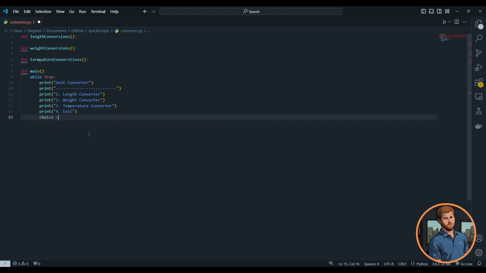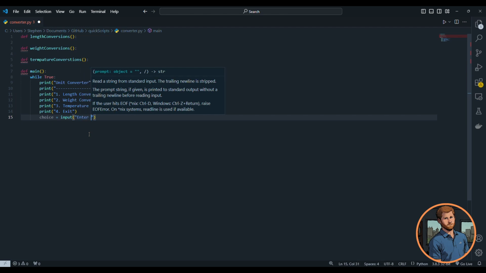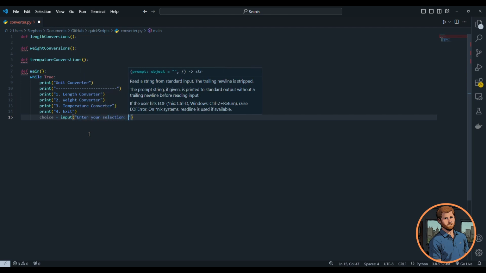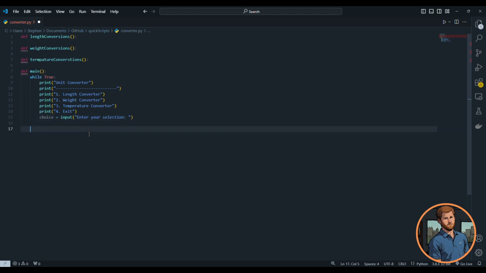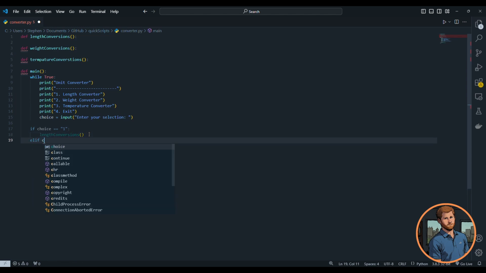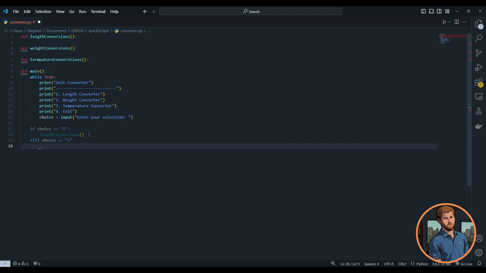We'll take an input, so we'll go choice equals input, enter your selection, and then we'll just do our if statements. So if choice is 1, then we'll call length conversions, else if choice is 2, we are going to want weight conversions, else if choice is 3, we are going to want temperature